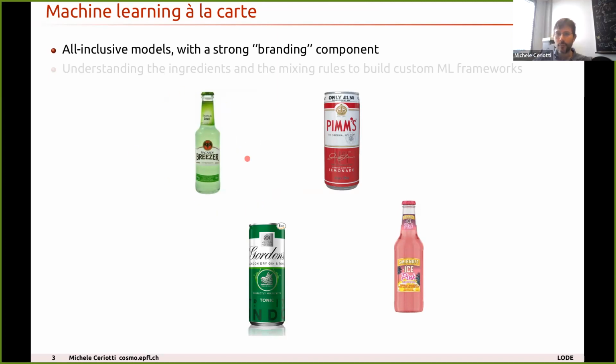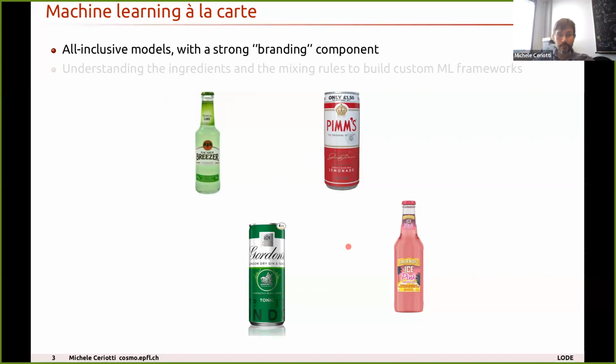So when it comes to machine learning, also for these type of problems, there is a very strong tendency of making all-inclusive models. And I think that ChatGPT is a very famous example of this. When you use ChatGPT, you are basically getting wholesale a model that involves the architecture of the model, how the model is trained, and also the training set that is used to determine that model. So you basically get a package where everything has been chosen, and I compare these to pre-mixed drinks. You get a Bacardi Breezer and it does its job, but